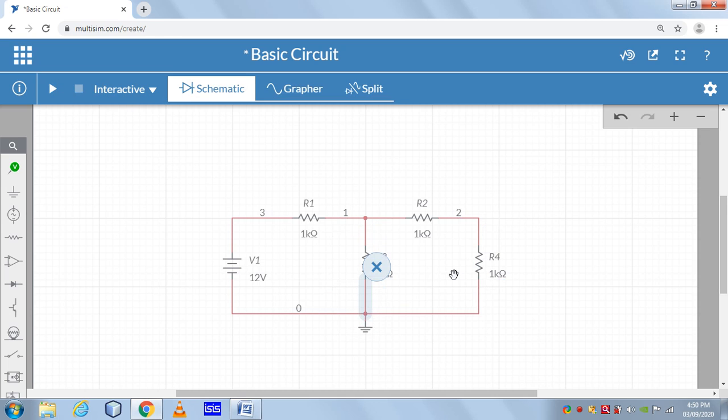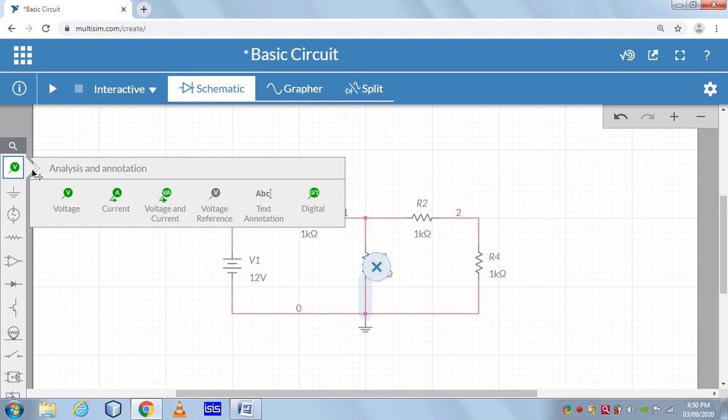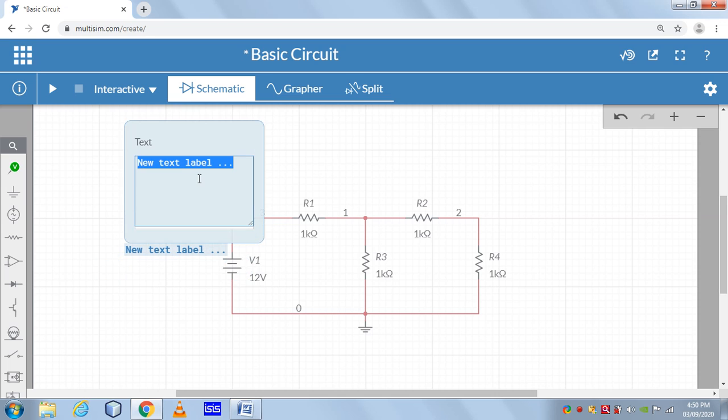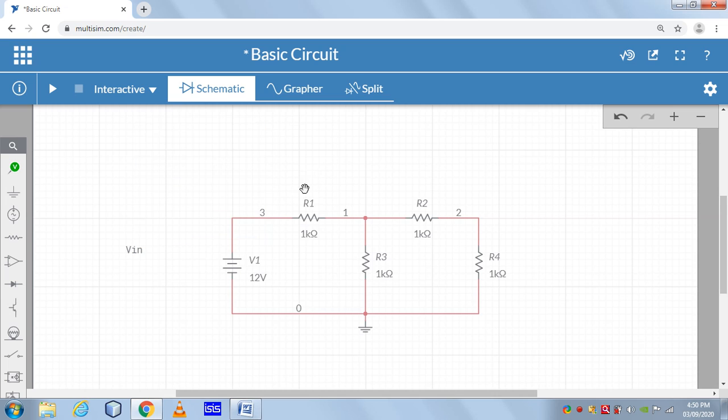Now our circuit is ready. If you give some text annotations here, text labels like input voltage source, V in, you can take it here.